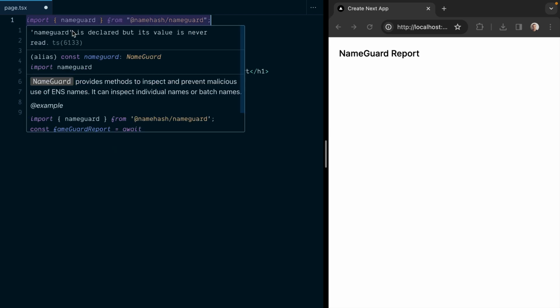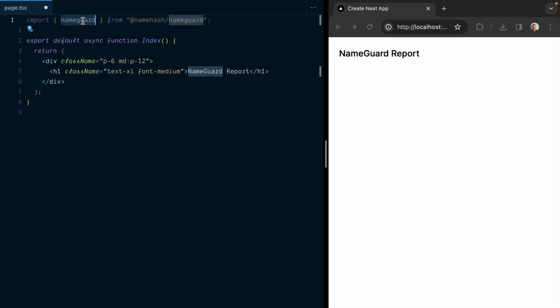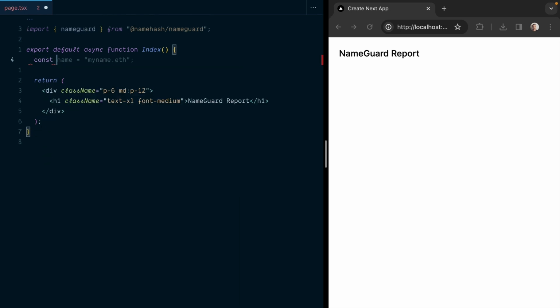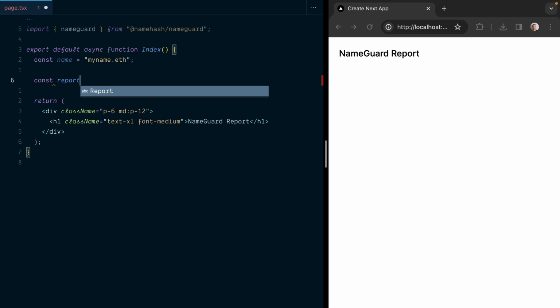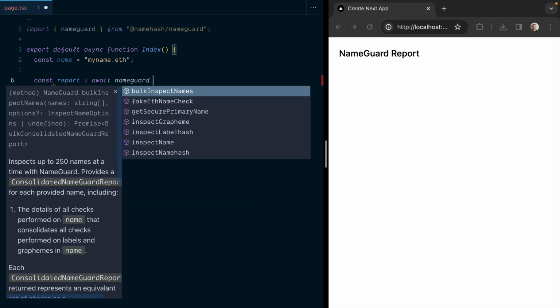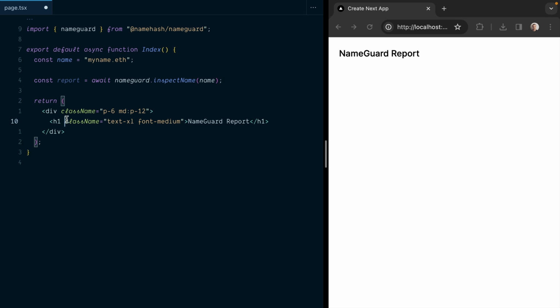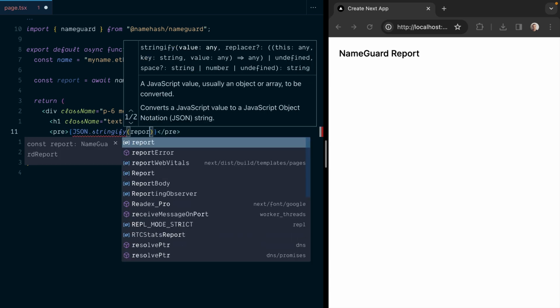It uses the default NameGuard API and versions, so there isn't anything that you need to set up other than importing NameGuard. Because we're using Next.js here, I'm going to call out to NameGuard and make an inspection for a particular name. So here we have myname.eth. We'll then assign a new report, which we'll call await NameGuard. Then we'll call inspectName. We'll then pass that name,